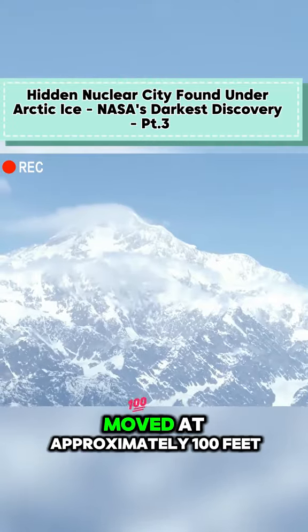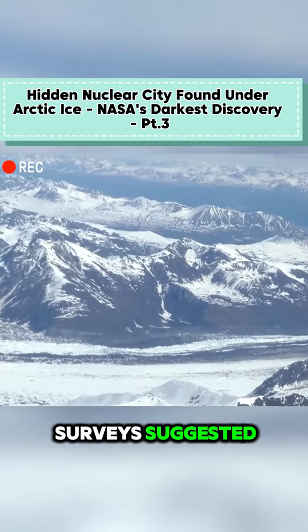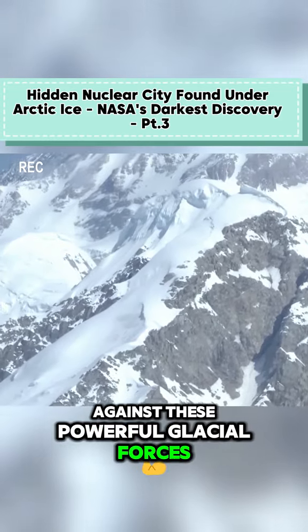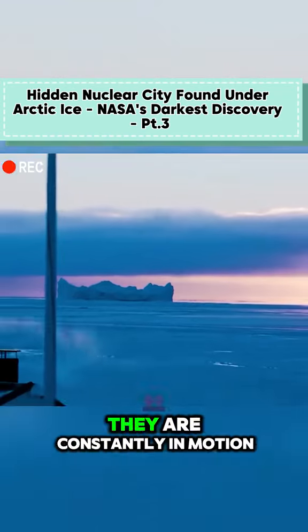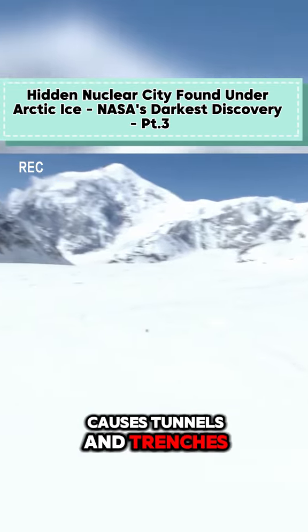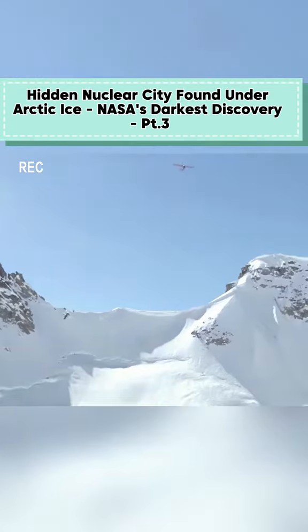The glacial ice moved at approximately 100 feet per year, far faster than initial surveys suggested. Engineers fought a losing battle, trying to stabilize structures against these powerful glacial forces. Although ice caps may appear solid and stable, they are constantly in motion, spreading outward from their center. Over time, this movement causes tunnels and trenches to become narrower as their walls shift, deform, and bulge, ultimately resulting